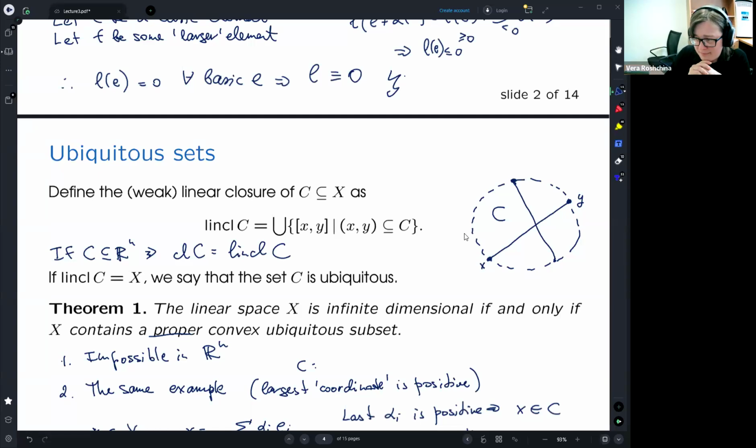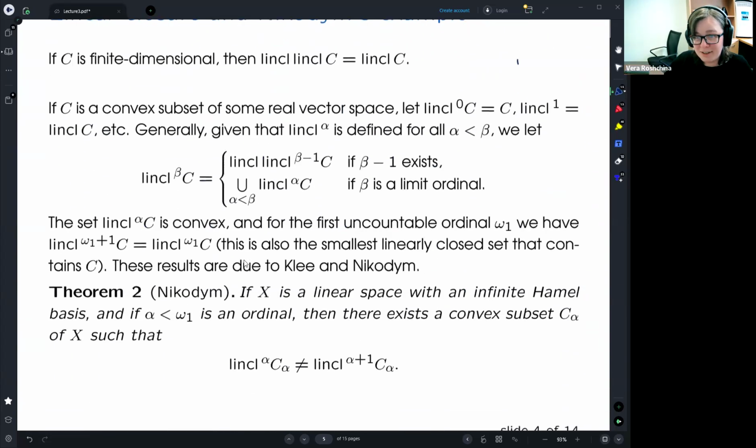If I do it in an infinite dimensional space, it may happen that the closure of this closure is different, and the closure of the closure of the closure is different, and it can happen many times. And there is a fascinating example by Nikodym that shows that it can happen no matter how many iterations you take. And it's even more fascinating because you can define this linear closure